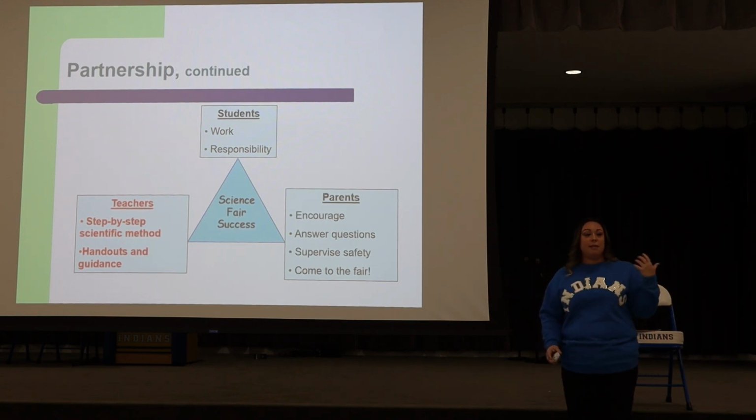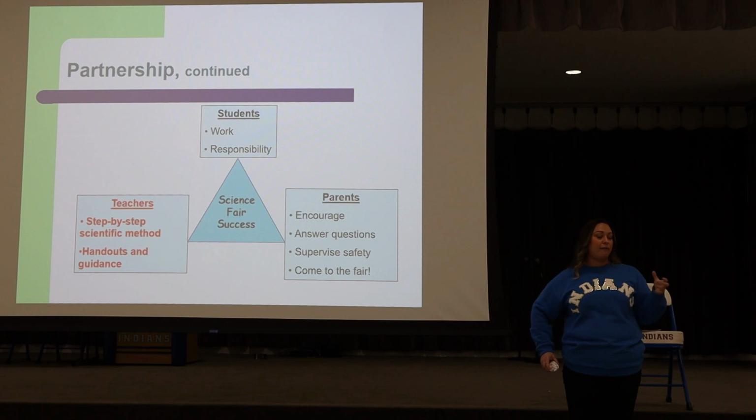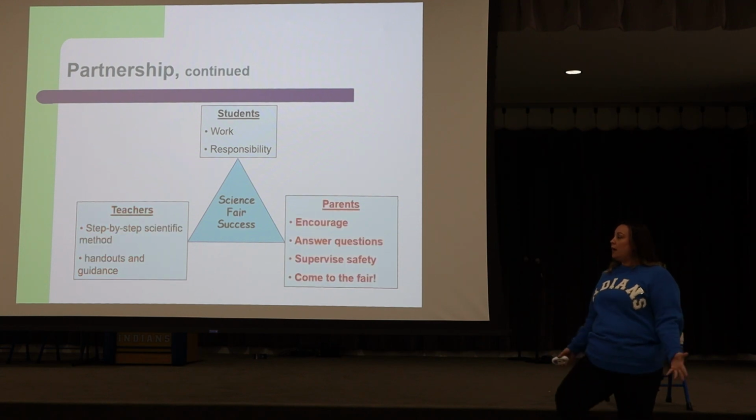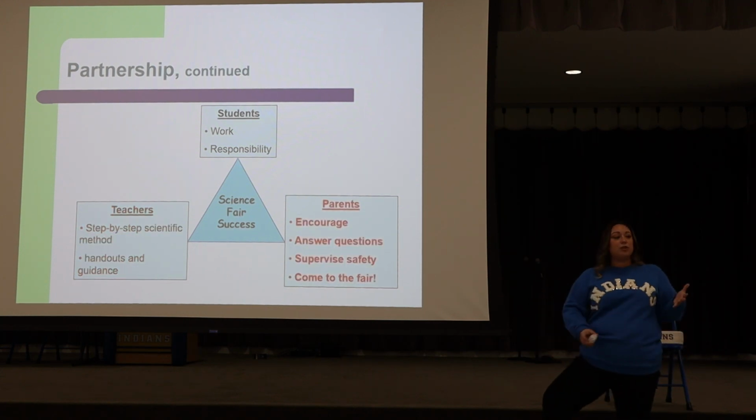So there's also some handouts that your teachers have that can help them if your students are stuck or have questions at certain steps throughout the process. Their classroom science teachers will be able to answer that as well, and give them additional resources to help them through that. So parents, we're just looking for you to encourage your students to participate and to keep going,